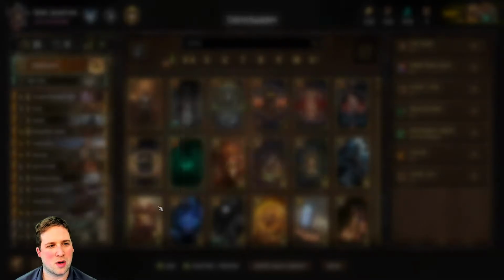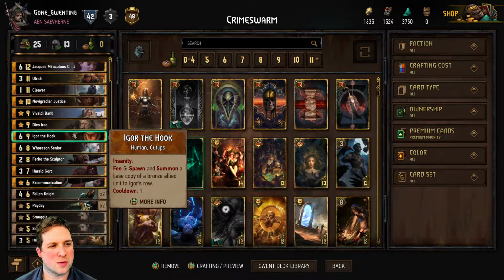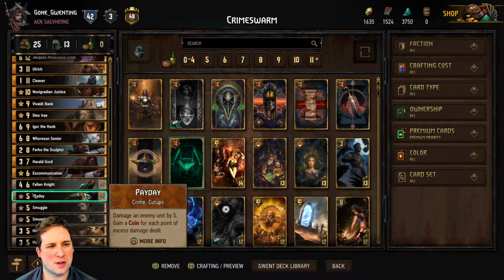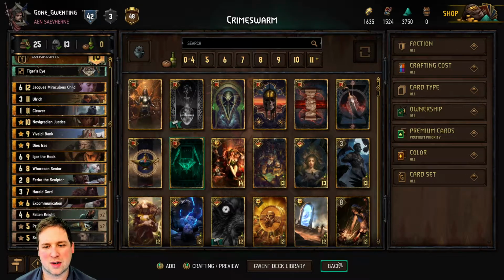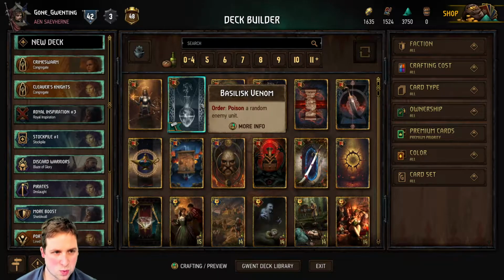So here's the other one. We're going to call this Crime Swarm. I might make a deck on it next week. Big difference here, though. This one includes Igor, so you can get Igor to spawn extra Fallen Knights. He's really the only engine here. And his deck also has Herald Gord. The other deck is still also a crime deck, so you could swap in Gord